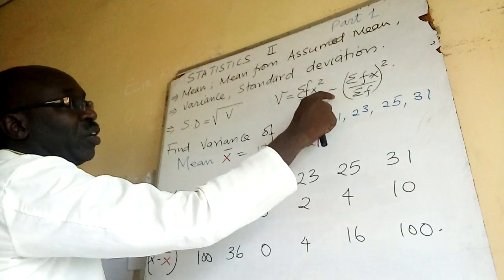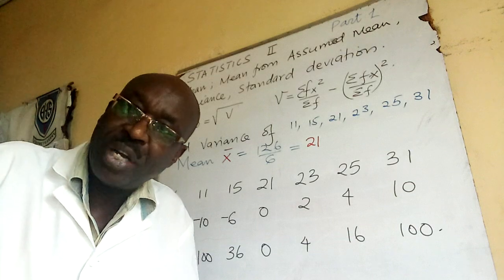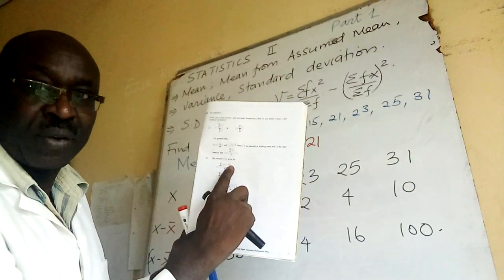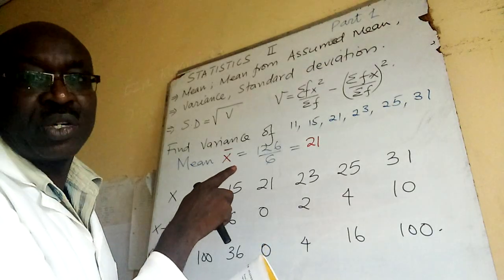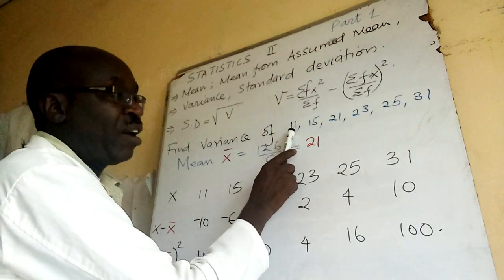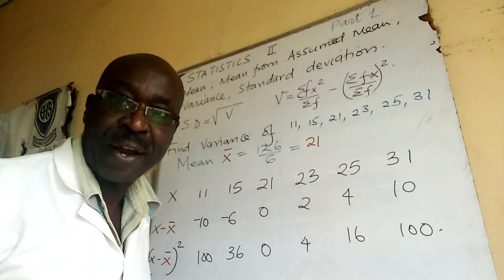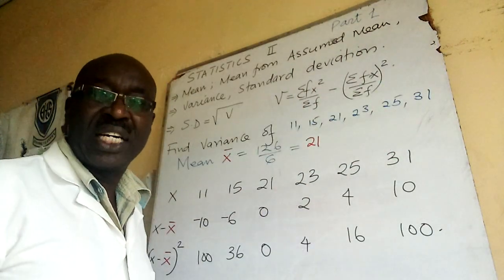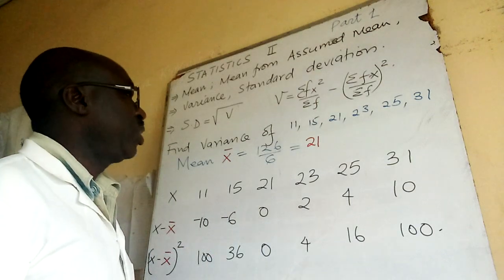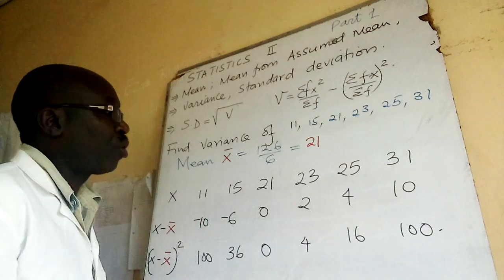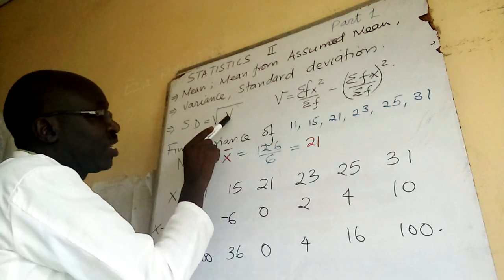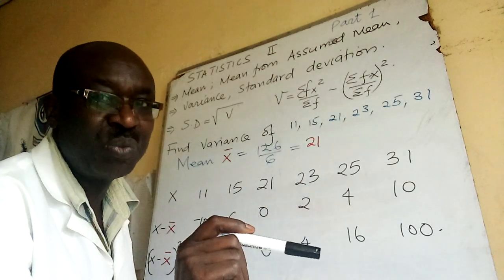So I'm not dwelling on this. It's important you know the formula and its application. So today I'm going to do the very first one, and the data I'm dealing with is ungrouped data. So I have 11, 15, 21, 23, 25 and 31. This data could represent any quantities, maybe sizes of shoes, maybe heights of seedlings, and so on. But if we want to get the variance of this ungrouped data,